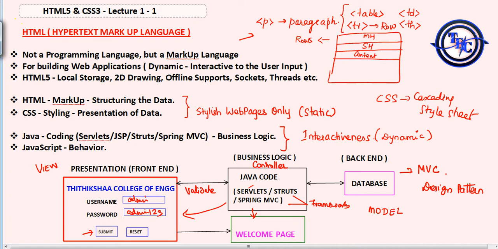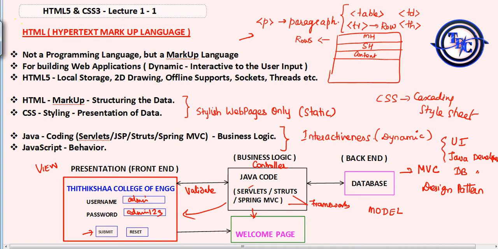Why you are going for the MVC pattern is that you can segregate. You don't want to combine everything in a single code. Here you can segregate the presentation layer, the logic, and the database layer. You can see there will be UI developers, UI, that is user interface, and you will have Java developers, and you will have database developers also.